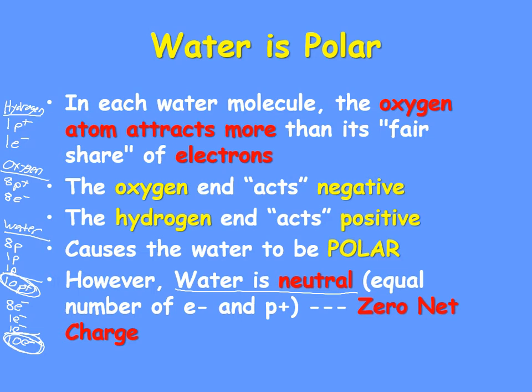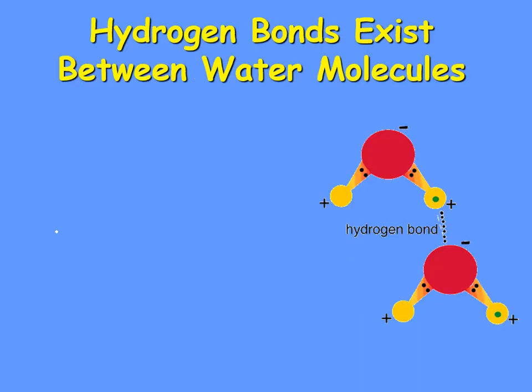But the way that those positives and negatives are arranged, we have a negative end, which is where the oxygen is, and a positive end to our water molecule. That's what I mean with these. The oxygen has this negative, and the hydrogens have a positive because of the way those electrons are pulled and distributed. Okay. Now, you could draw this very simply if you would like to, but hydrogen bonds exist between water